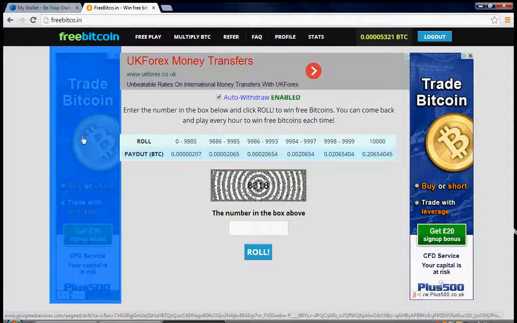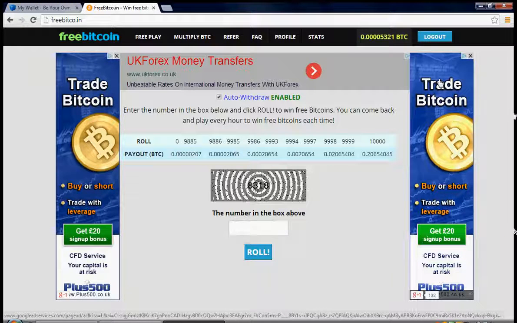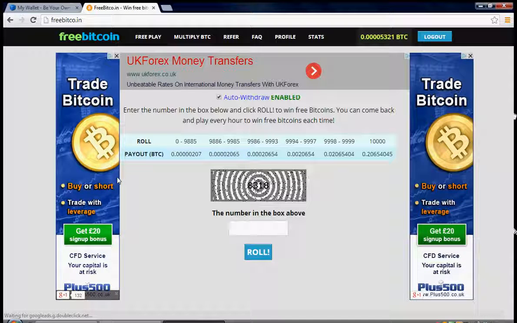So this is how they're making their money with the ads. They get a certain amount of revenue every time they get an impression or a click on these ads. But not just that, a lot of the time the people that own these sites have been mining Bitcoin for maybe years, for a while, and